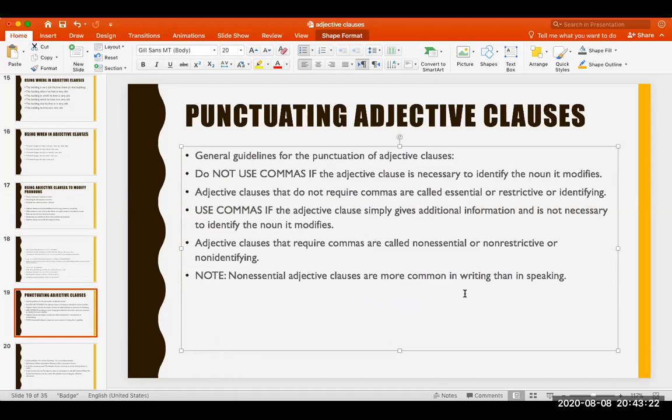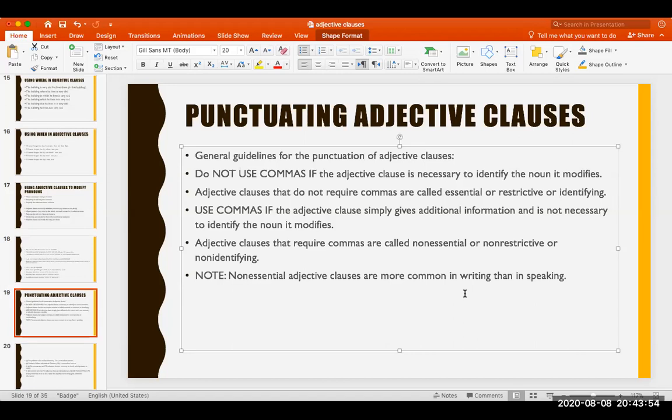So no commas if the adjective clause is important, necessary to identify, to describe, to give more information that is necessarily needed. Adjective clauses that don't require commas are called essential or restrictive or identifying. The name is not that important. Use commas, on the other hand, if the adjective clause simply gives extra additional information that is not necessary, that can be deleted. That's why it's called